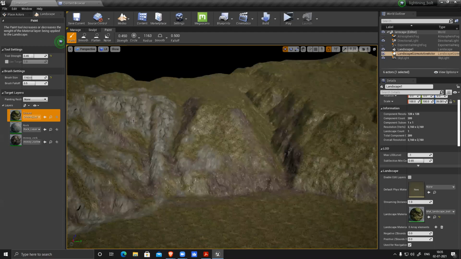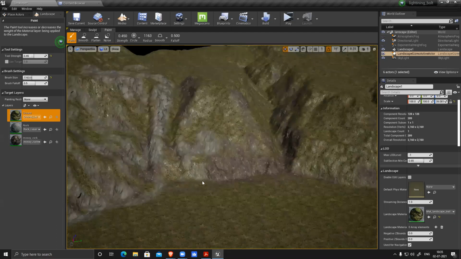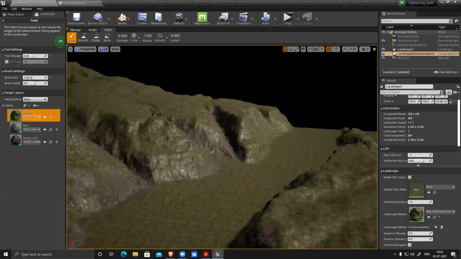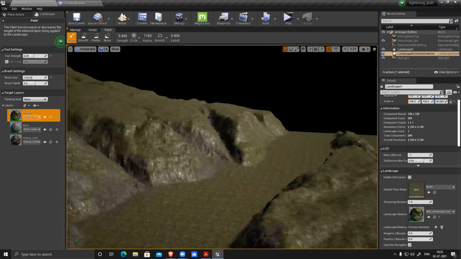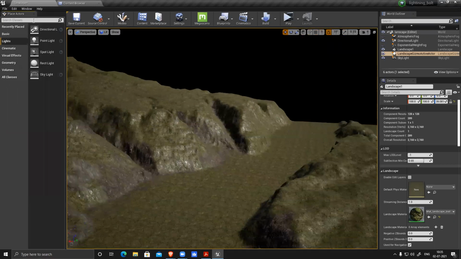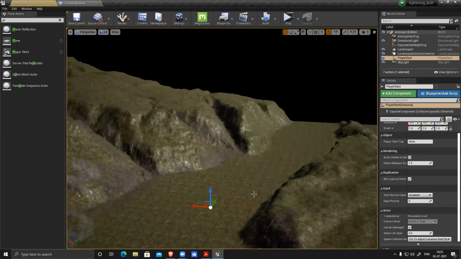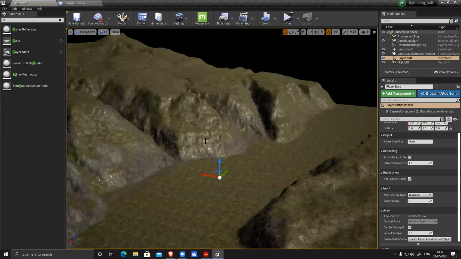So like this, I can generate really good quality texture and make everything look nice. So you can see you have terrain and you can apply all these textures. Let me go back to select mode, player start. If you place this anywhere in your scene, the player will generate, like we start from here, play.